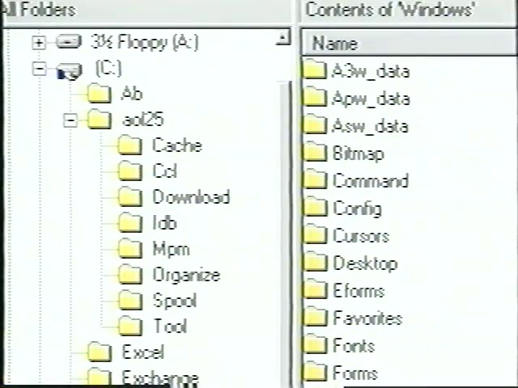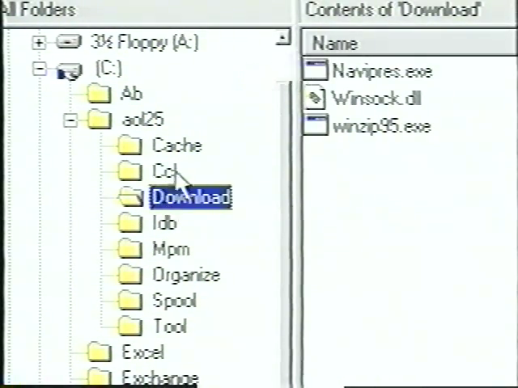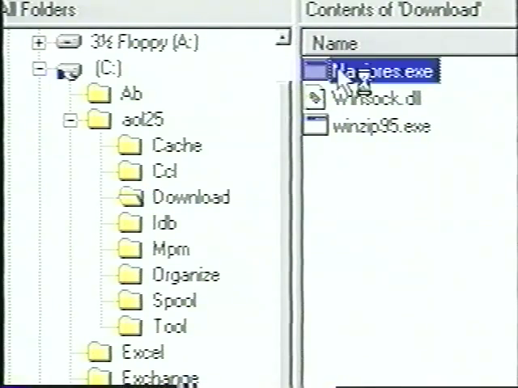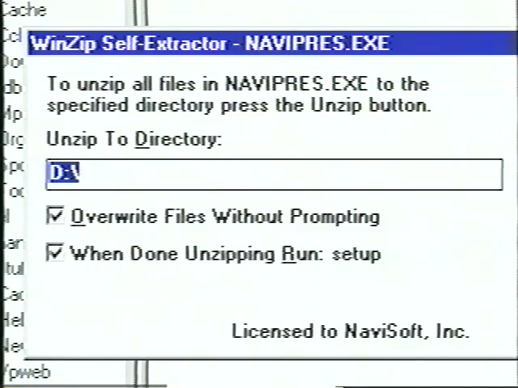With that said, go back to your download folder and double-click on the NavPress.exe file. This will activate the WinZip self-extractor. Viewers, this runtime WinZip routine is part of the NavPress setup program and is not using the standalone WinZip program we just downloaded. So type in the drive letter where you have the most available disk space, followed by a